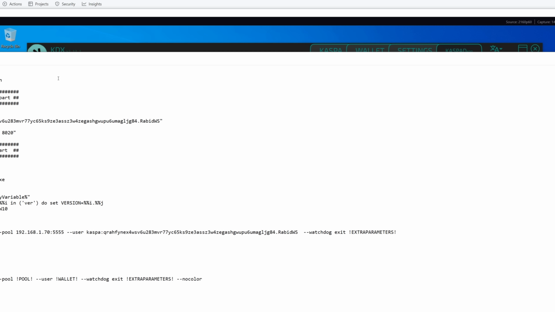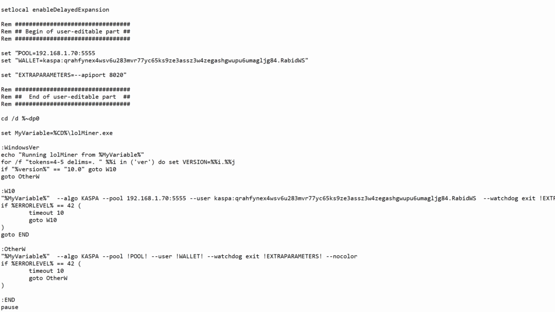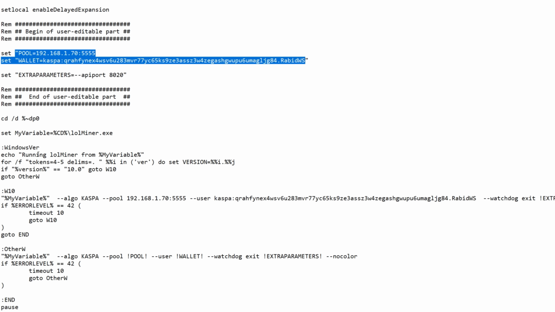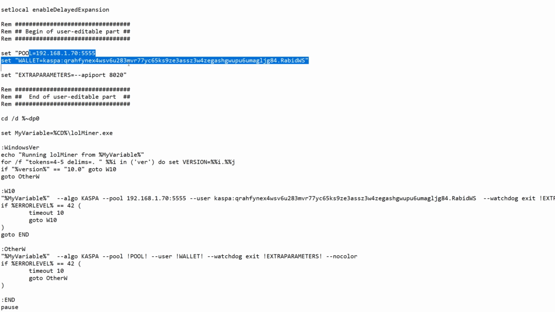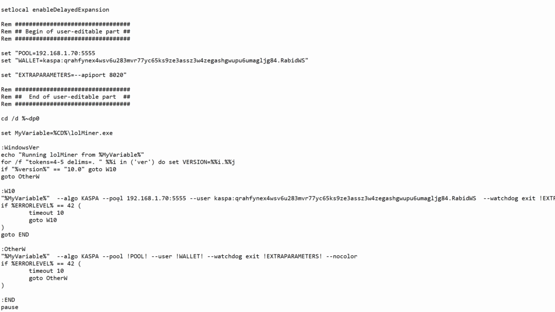We're going to right click, edit this bat file, and you're going to want to put your parameters up here as well as down here. Now I think this W10 here, Windows 10, this is where it actually gets everything from, because I didn't have a worker name until I put it down here. So I'm not 100% sure if this even does anything, but I put it there anyway. Regardless, this is what we're going to need to do. So here is your pool,